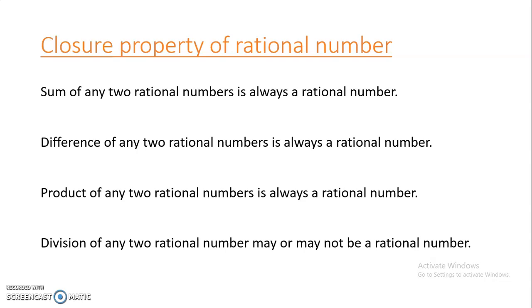The door is always closed for the strangers. So you can understand the closure property by this example. The sum of any two rational numbers is always a rational number. It is not some stranger. So if we are going to add some rational numbers, the result is also a rational number, which is familiar to us. The result is not something stranger. Okay, so that's why this property is called the closure property, the closure property of rational numbers.